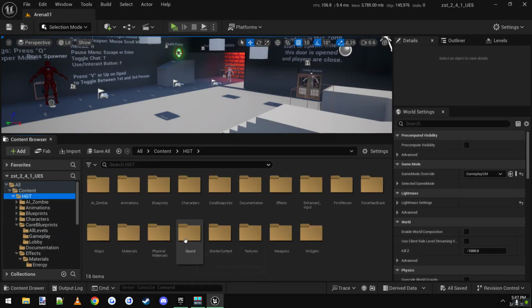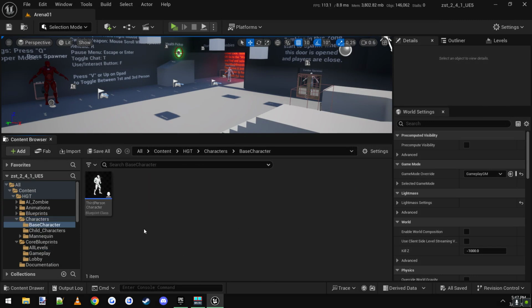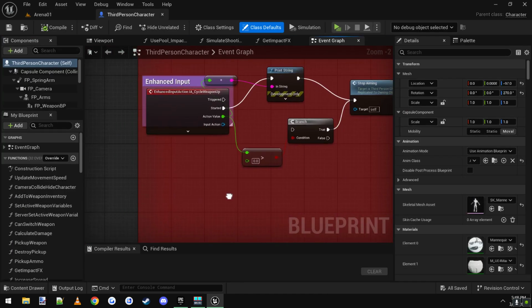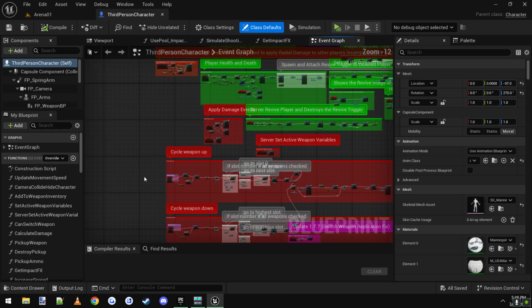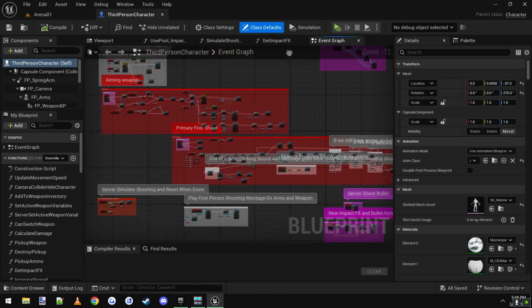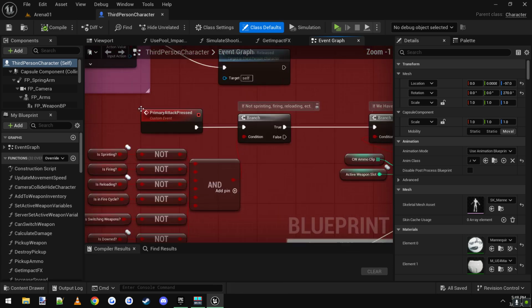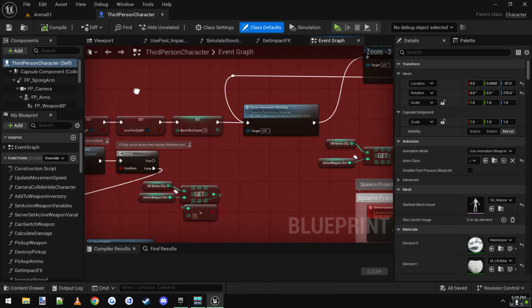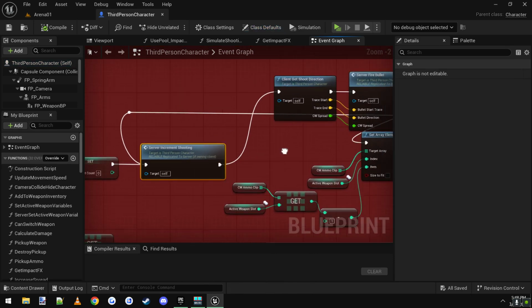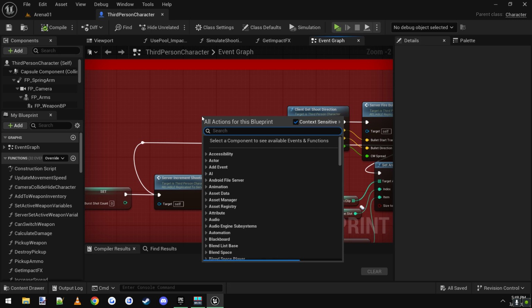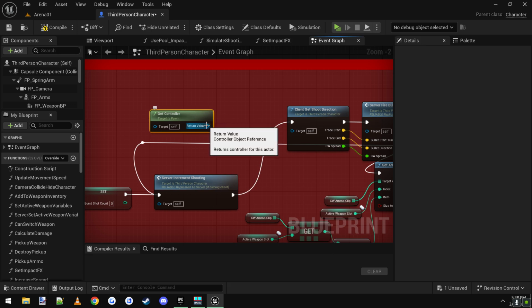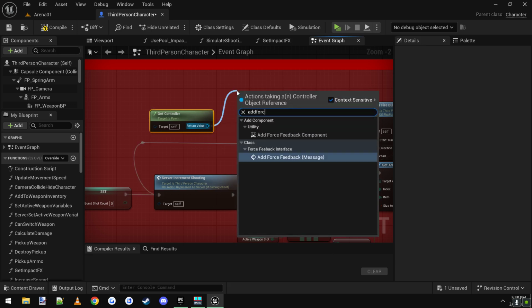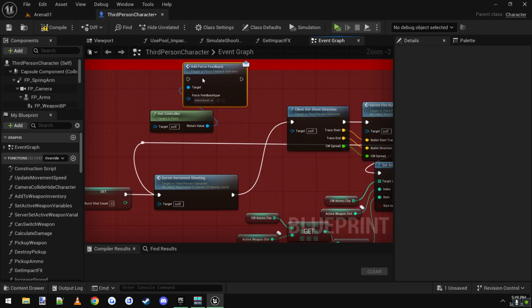So let's go to HGT characters, third person character. And this is the third person character here. What we want to do is find where we shoot. Down here we got primary fire and shoot your weapon, right? Let's come over here to the right, and right after we do this server increment shooting thing, we will just do a get controller, and drag off of this and say add force feedback message like this,